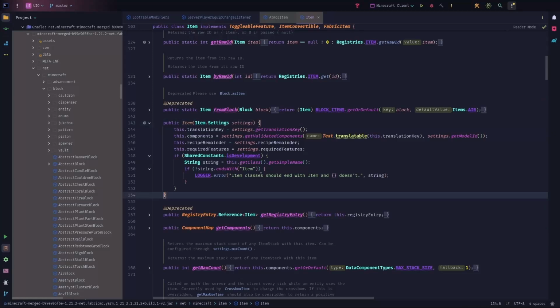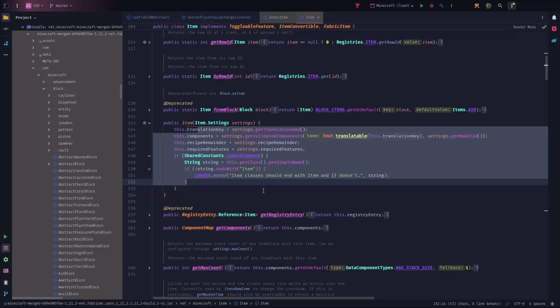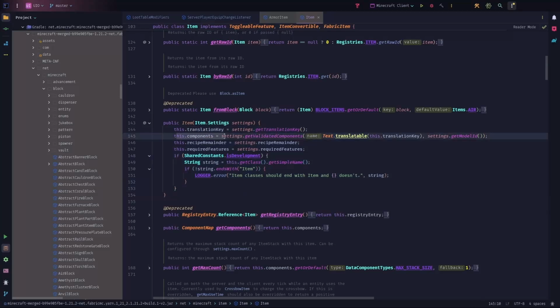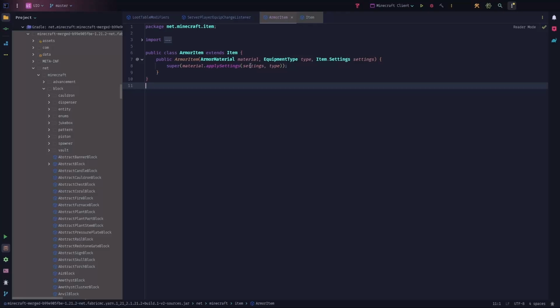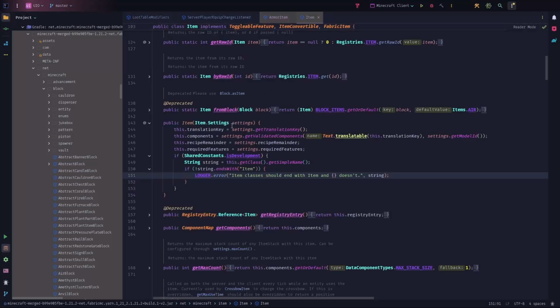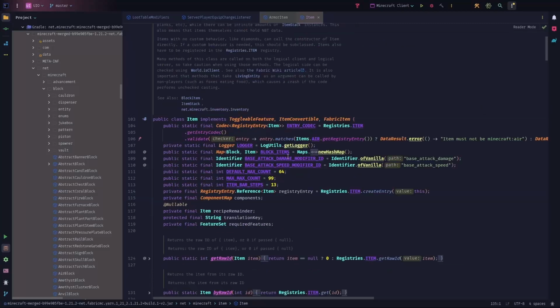It is taking a look and assigning everything, but take a look at here. This dot components equals to settings that get validated components with the model ID. Basically, whatever is being sent here is being converted to a setting, and you can see it, material that applies settings type, and we are adding material into the settings, then we are setting it as a component inside the settings of the item. And honestly, if you take a look at these settings, I think there is no way